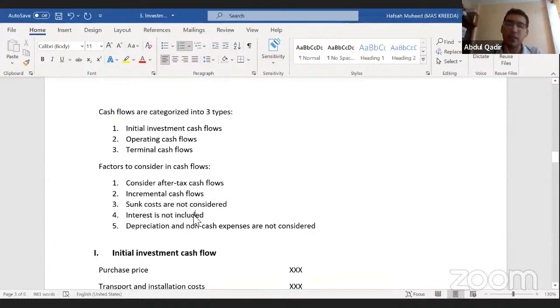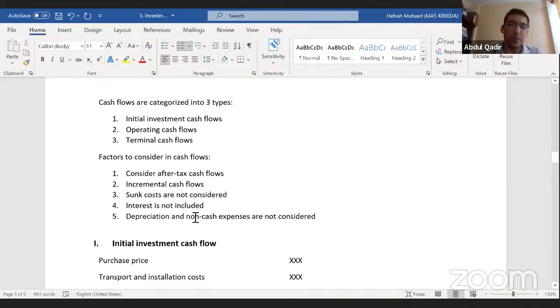Interest is not included. In the exam, if they say the company is taking out a loan for this project and the interest rate is 10% or something like that, do not include the finance cost. Do not deduct the finance cost. Why is that? Because the interest rate you pay, let's say you're taking out a loan and paying interest at 10%, that 10% is already included in your discounting factor. When you go to higher studies, you will learn how to calculate the discounting factor. But for you, it's given in the exam. This discounting factor includes that 10% interest. So that is why you should not deduct interest.